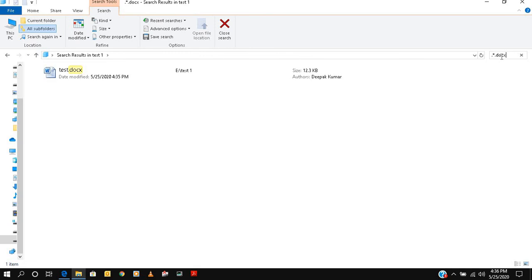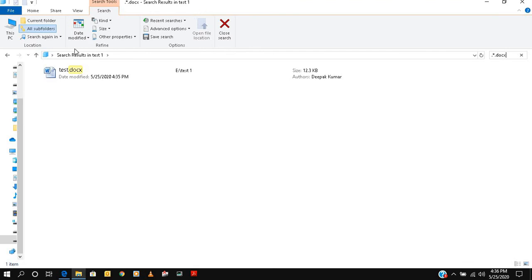Suppose we have 100 docx files in our computer. Basically, office-going people have more than 1,000 files, and they want to search for one file, so they will just give the name of that file and that file will come out. But if you don't have the name, at least you can get all the docx files, so that you can get your search result.